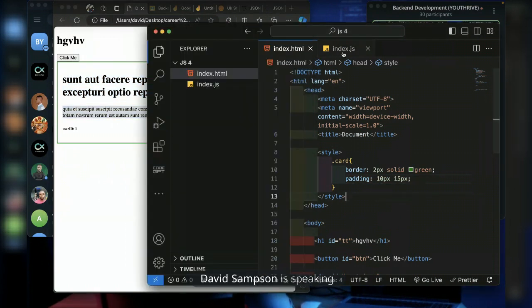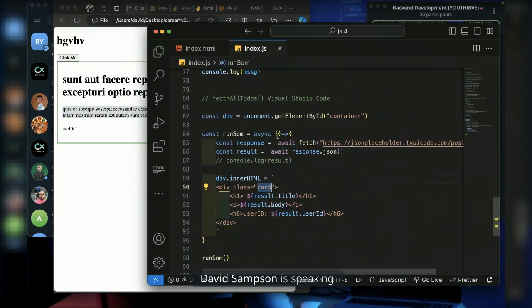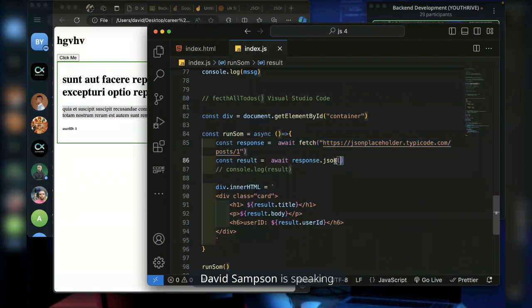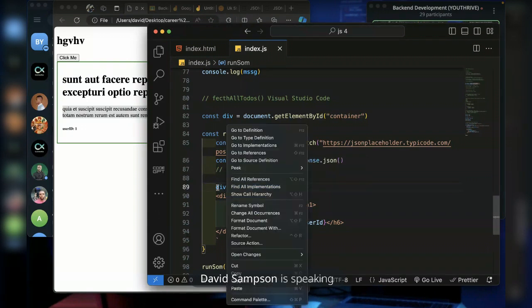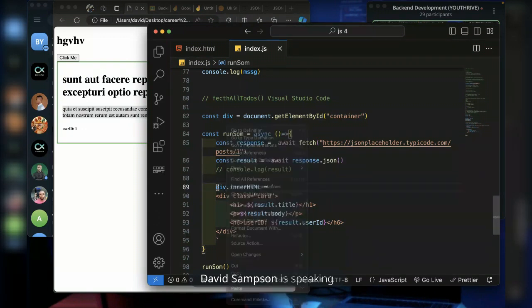But the most important thing is to get the data from the back end. So when you get the data from the back end, you convert it from JSON back to object. Then you can use the object as we are using it here by adding an inner HTML to a div. So do you have any question on what we have done so far here?